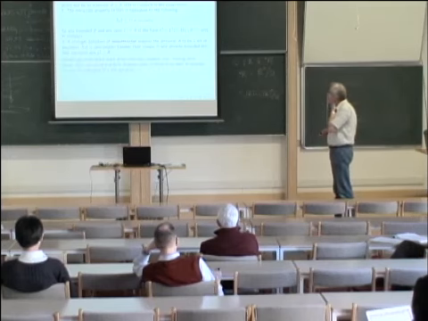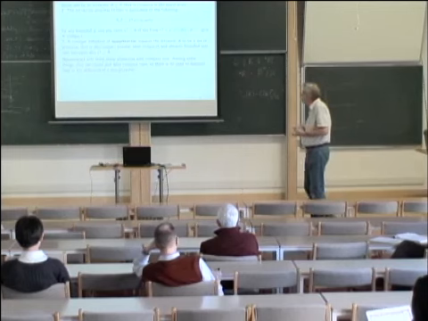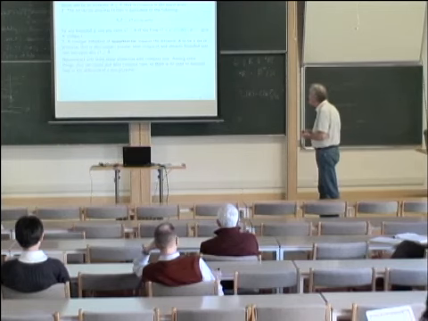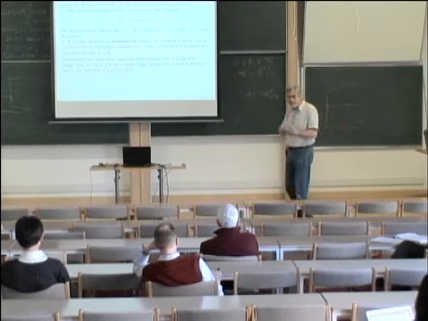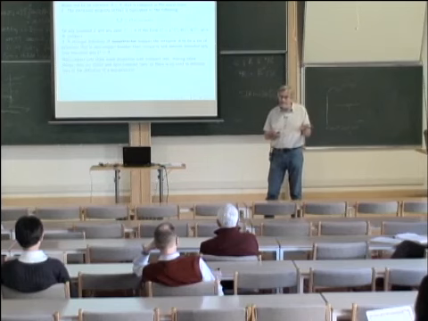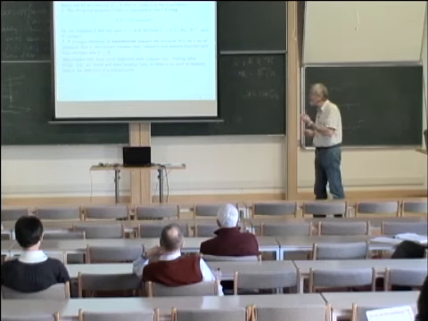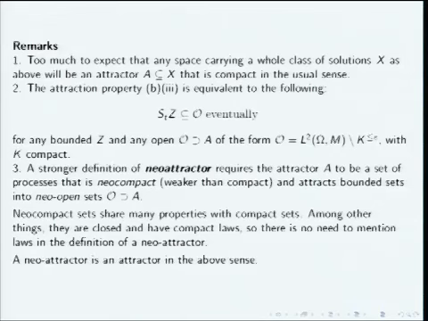And the point is that neo-compact sets are quite close to compact sets. They are closed, they're compact laws. And actually, we can formulate the definition without having to talk about these laws. And so we get a definition which is not in any way a sort of hybrid definition. It seems the right sort of definition. Okay, and it is a stronger notion than the one I've given you. Anyway, for today, because I can't define a neo-attractor, I'll have to stick with the previous definition.